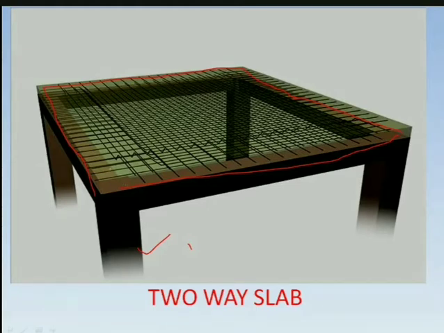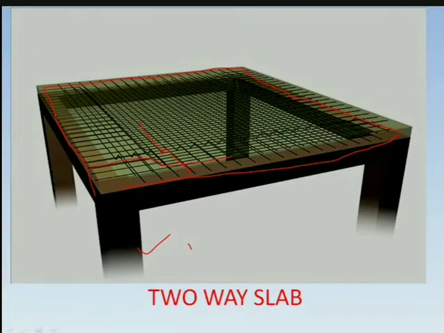Now, as we say, it's a two-way slab, bending will be happening in both the directions. So now, as it's a 3D image, it will be a bit difficult. Don't worry, I'll try and explain. Now, see, this bar is bending here, whereas this bar is bending here. Okay, so what is this? Bars are bending in both the directions alternately. This is nothing but your